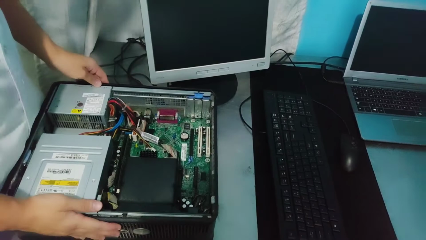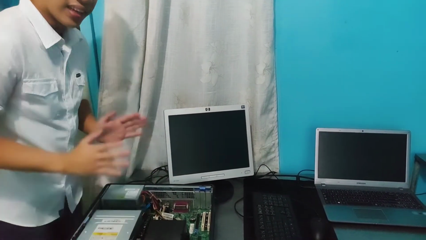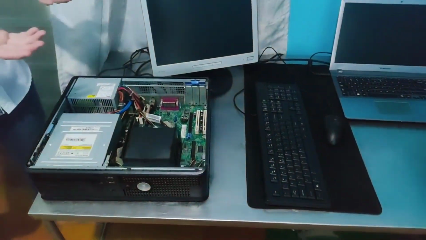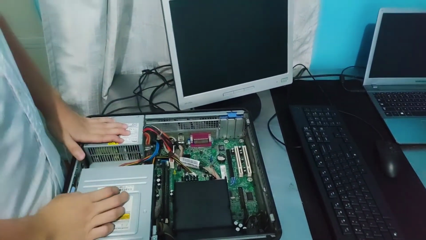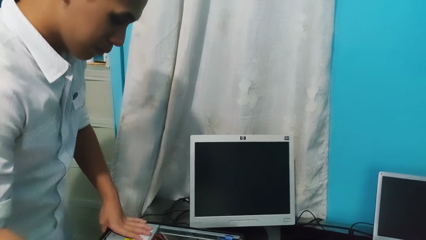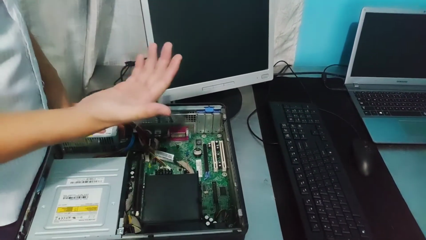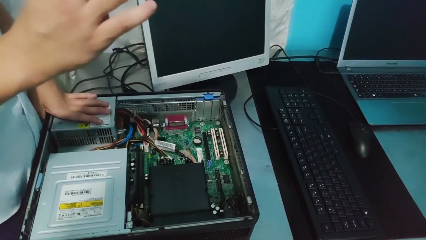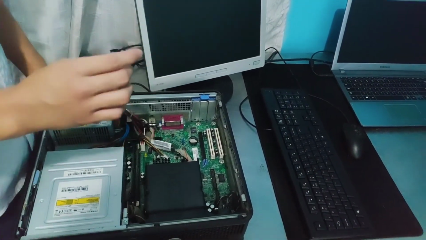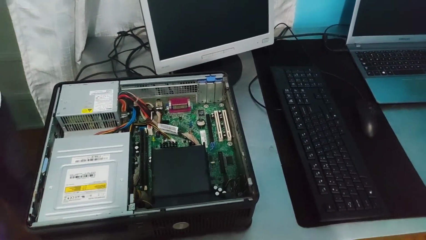Now, as you can see, this is the inside of the computer. We're going to ground ourselves, safety first. Then, let's see what the problem is. The first step is to identify the problem, in which the computer brings us beep codes, and that is the problem. The real problem is what causes the beep codes to sound. Next is, I think that the